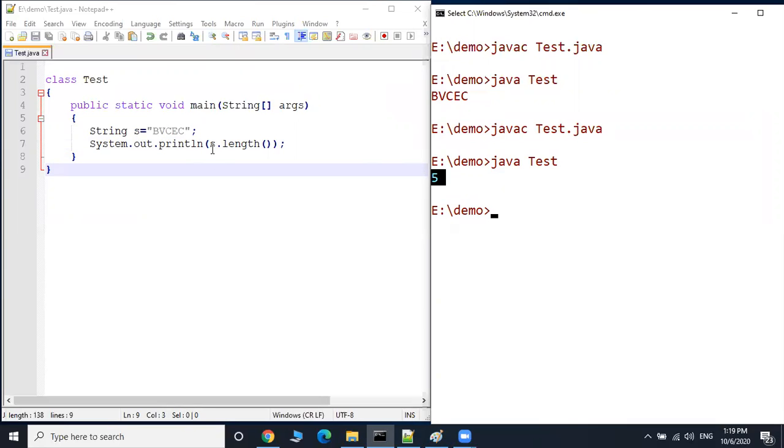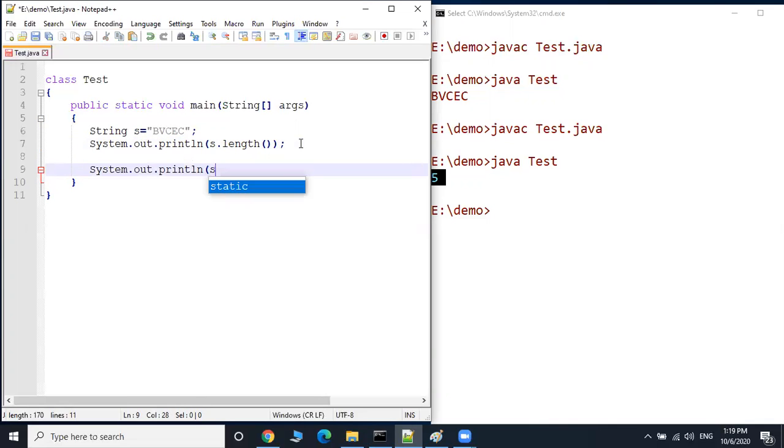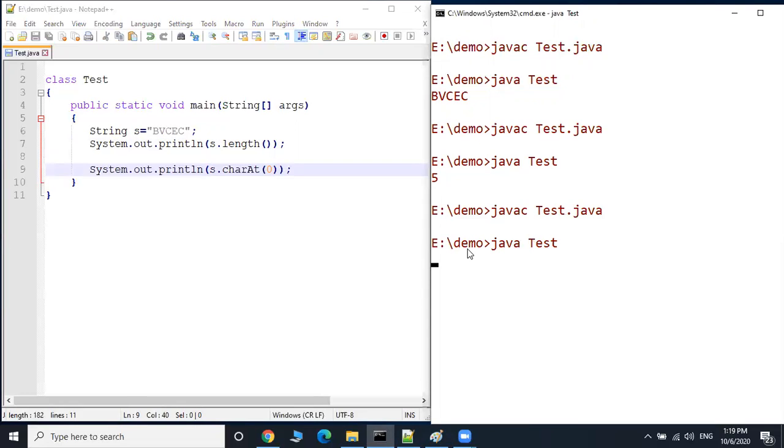How many characters are there in the given string? 1, 2, 3, 4, 5. Five different characters are there, hence the length of the string is 5. Similarly you can also find the character at a particular location. charAt of 0, the character at the 0th location will be returned. What is the character at the 0th location?